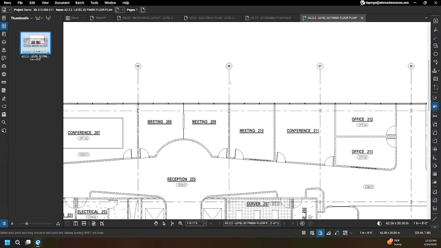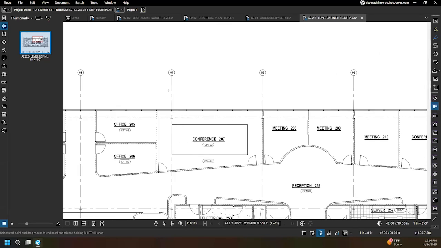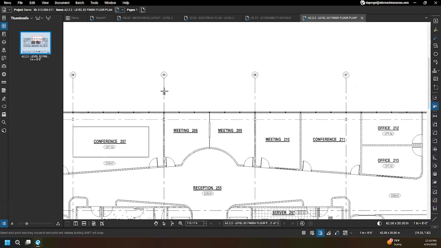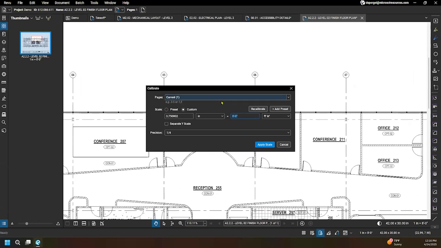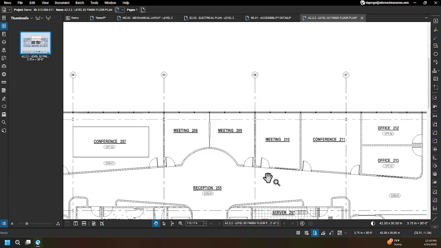Anyway, I happen to know that the distance between all of these demarcations is 30 feet. So what I can do is I can click here. You can also hold down the shift key to lock your line to 45 degrees, just like Paint or other programs. I think AutoCAD too, Revit also. Anyway, you select the other side of that line, and you say 30 feet. Hit apply scale,